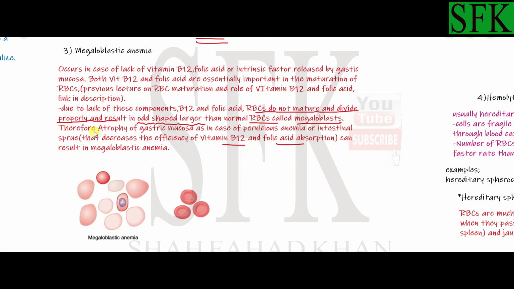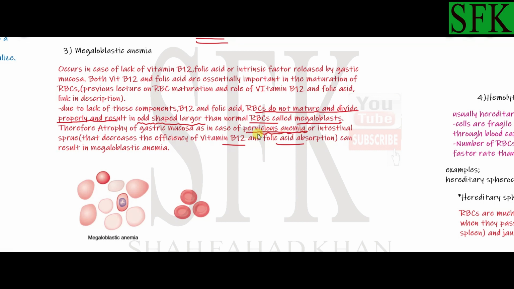These megaloblasts are quite fragile and have a much shorter lifespan than normal red blood cells, although they can transport oxygen normally. Therefore, atrophy of the gastric mucosa, as in pernicious anemia,